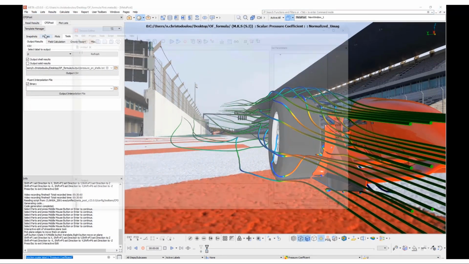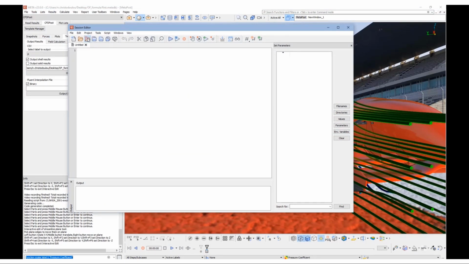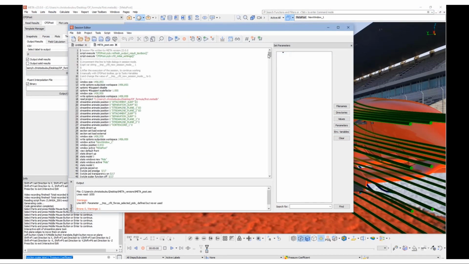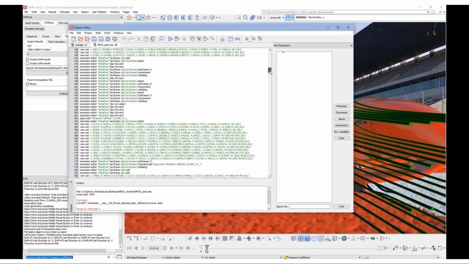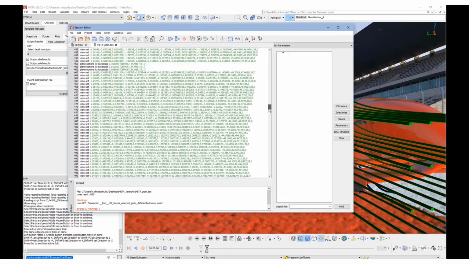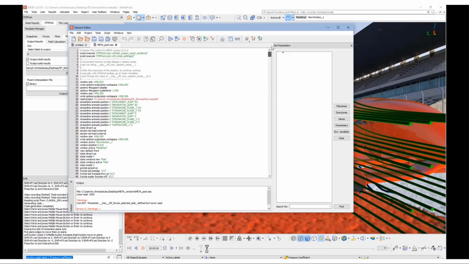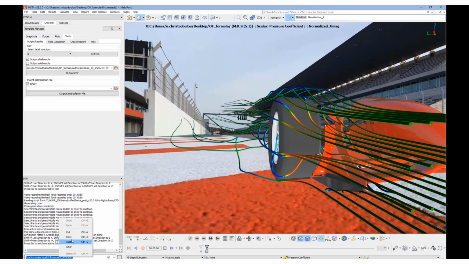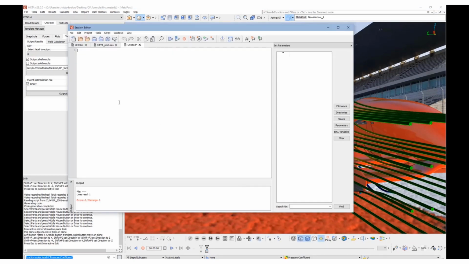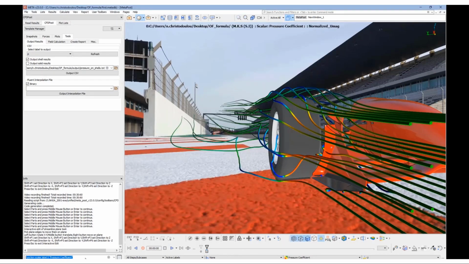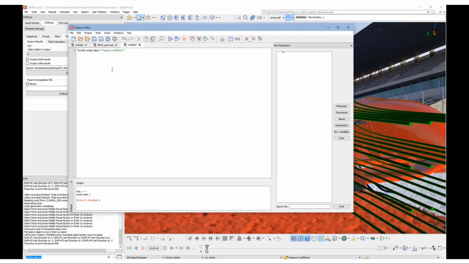All the actions done are automatically recorded by Meta. They can be seen using the session editor. We can edit them, add more or remove some, and create a session that will automatize our process. We can also copy commands, as we did for the animation editor, and use them to create a new session. The session commands can be coupled with a Python script in order to further expand the capabilities of the post-processing automation.